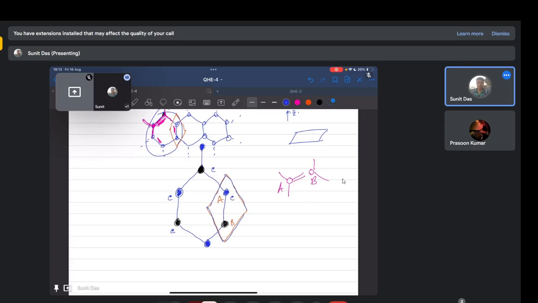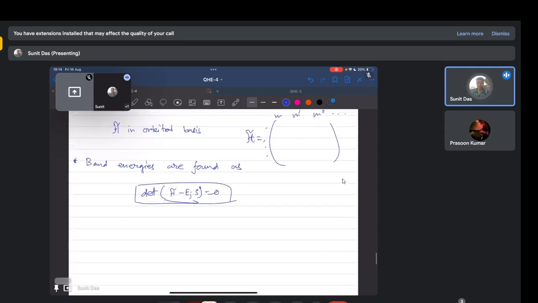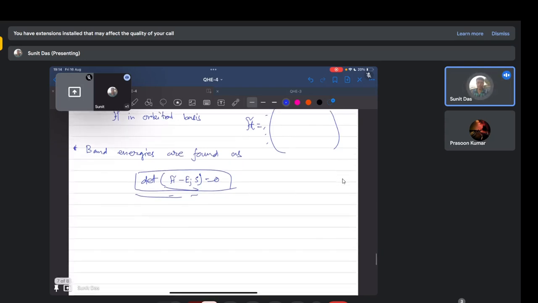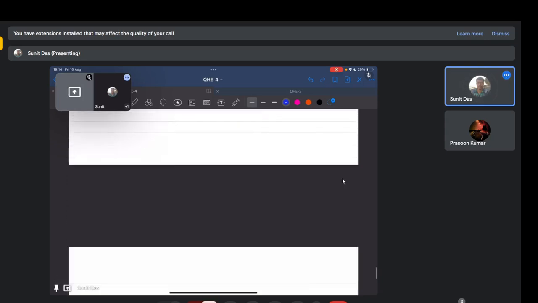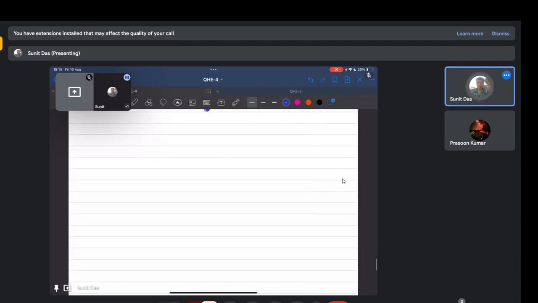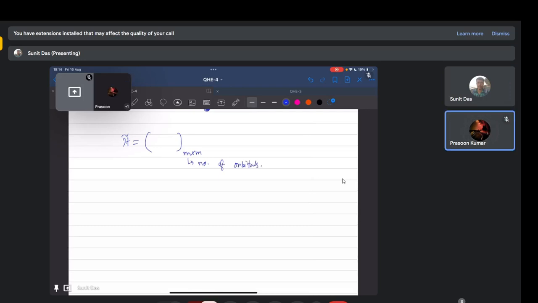Okay. And we only consider the unit cell atoms. Basically we need to find the form of this H tilde and S, and find the determinant of it in order to evaluate the tight binding Hamiltonian. So let's find out what H_AA is. In the previous slide, as I said, H tilde will eventually be a matrix of order m by m. M is the number of orbitals, right? Yes, the number of orbitals